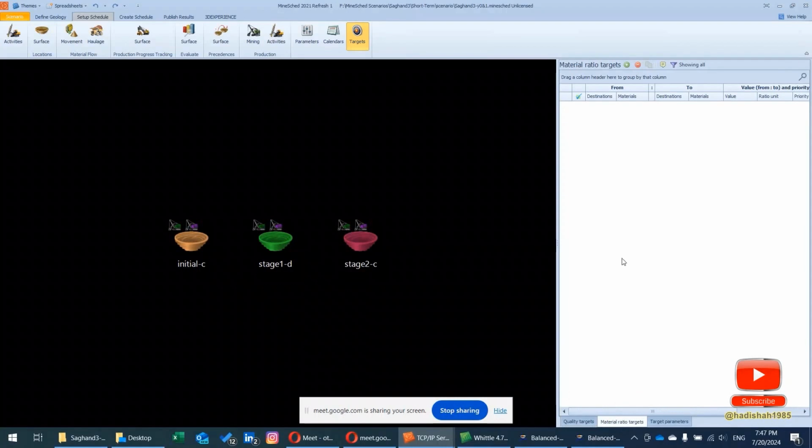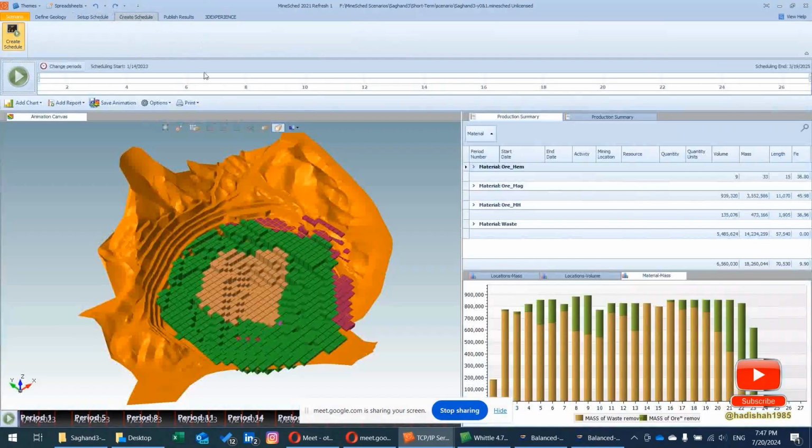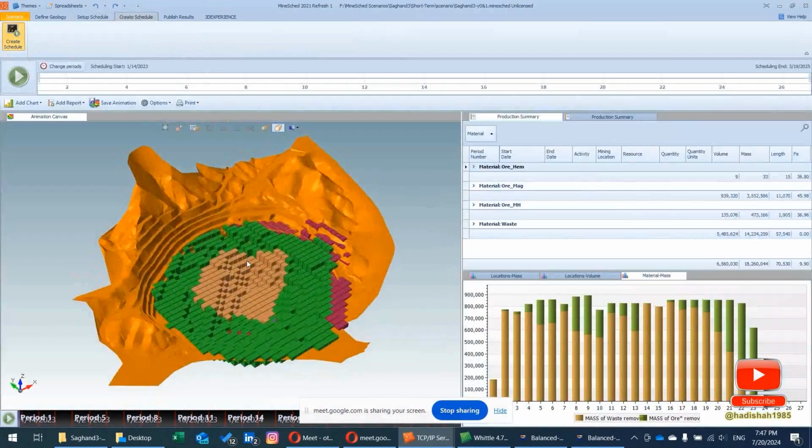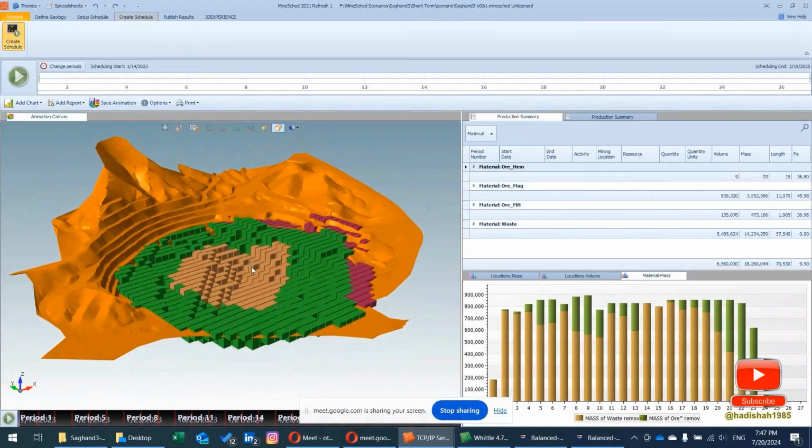The most commonly used one is stripping ratio, waste to ore ratio, and many other parameters, limitations, and definitions. And then by running this whole set of data, this scenario, it will generate many charts and diagrams,